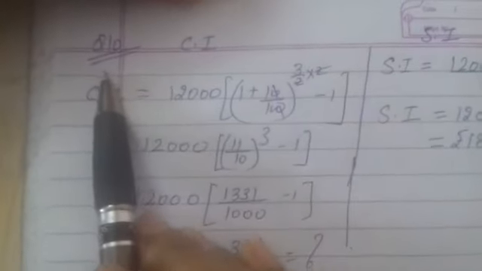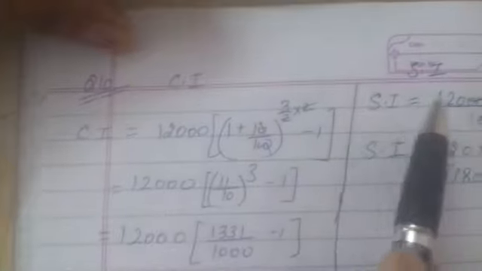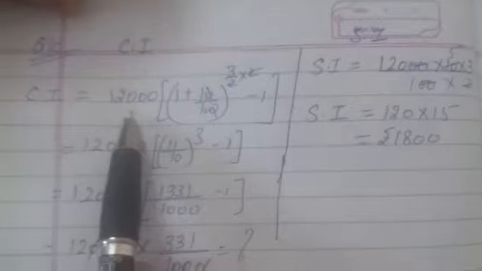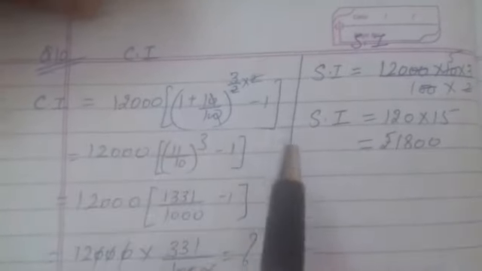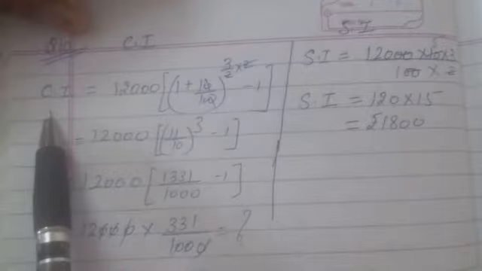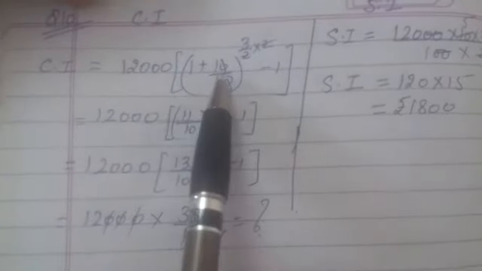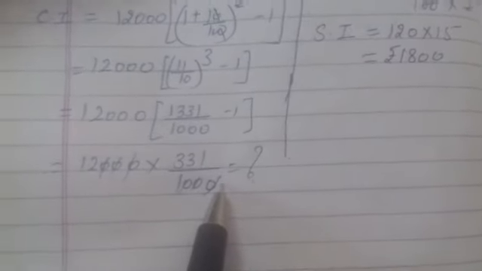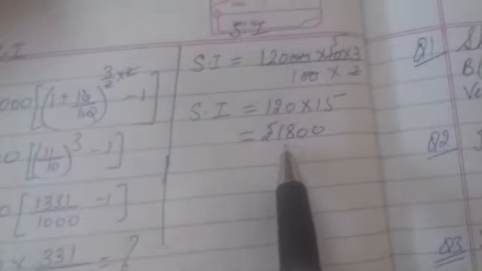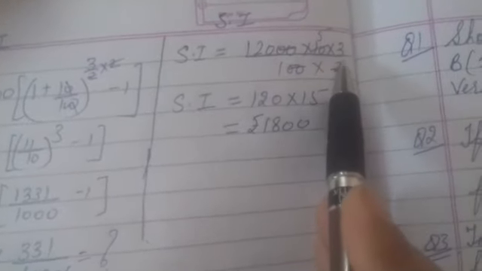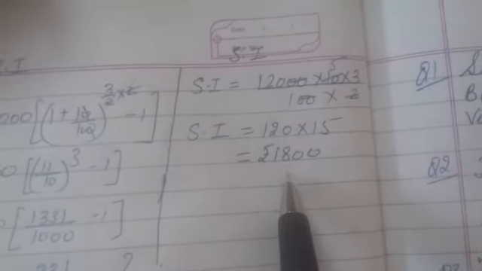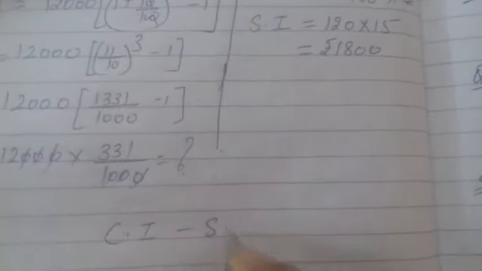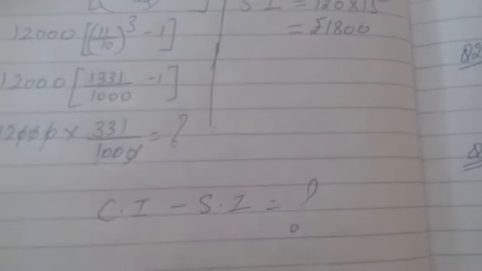10th question. Find the difference between compound interest and simple interest. Two cases are there. On 12,000, principal is the same in both cases. Time is given, 1.5. Rate is also given. So look, children, what you have to do. First case, compound interest. Principal is given, rate is given, time is given. Put everything in, clear, and you will obtain this value. Then you have to find out simple interest also. Principal is given, rate is given, time is given. Put the values. This is simple interest. Compound interest you will get from here, and then you have to find the difference of simple and compound interest.